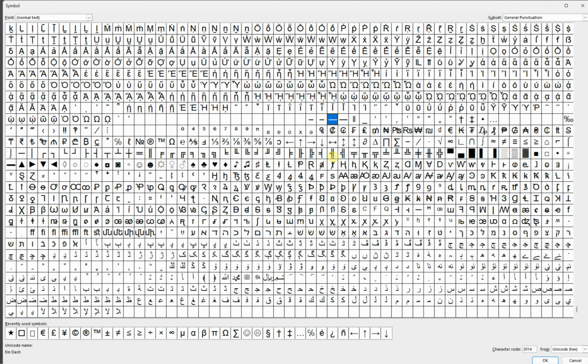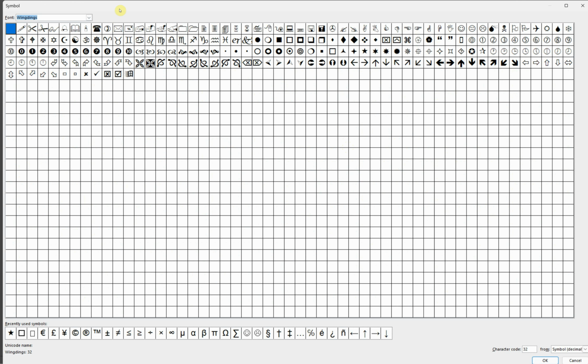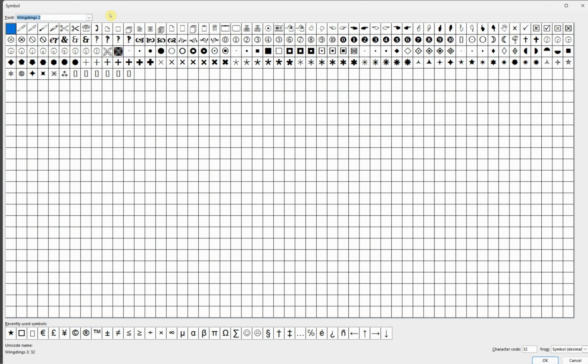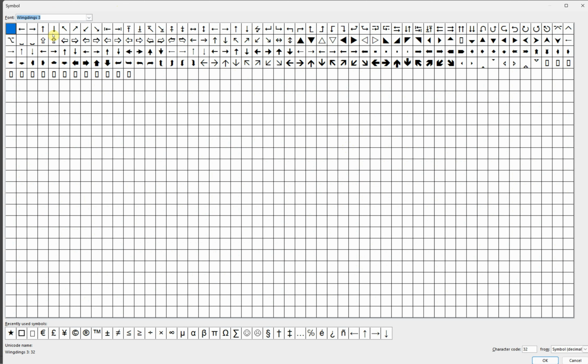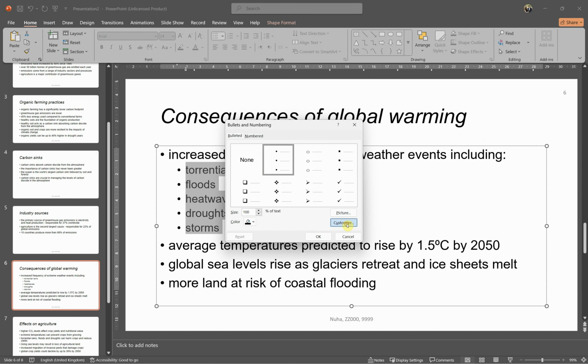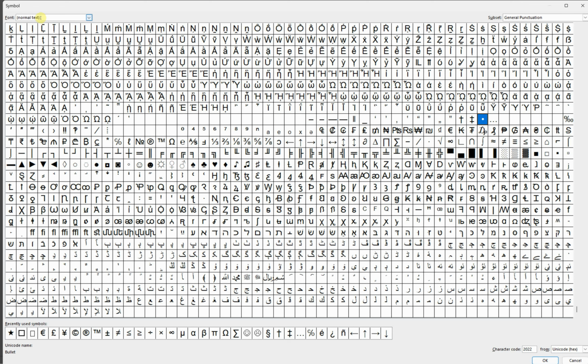If you cannot find it over here, you can go to a type of font which is called Wingdings. There, you can find some of them over here. Actually, this contains different icons, so if you cannot find them, you can also have a look at these ones. But anyway, let's get back again to the previous one. Again, just close it and go back to customize, and you can find it over here in this normal text. Anyway, I'm going to select this one, which is the closest, or we can select this one. I'm just going to keep it with this one